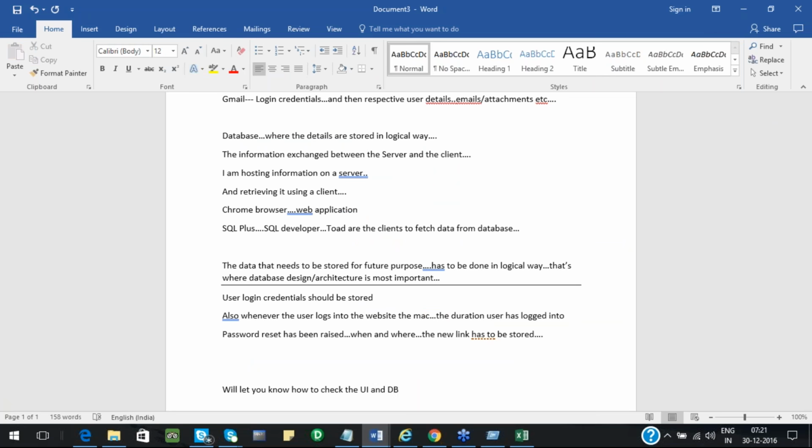So with respect to UI, how should a DB be designed and what are all the checks we need to do, and how to do that, I'll mention. The SQL part, SQL queries, on a high level we will discuss.